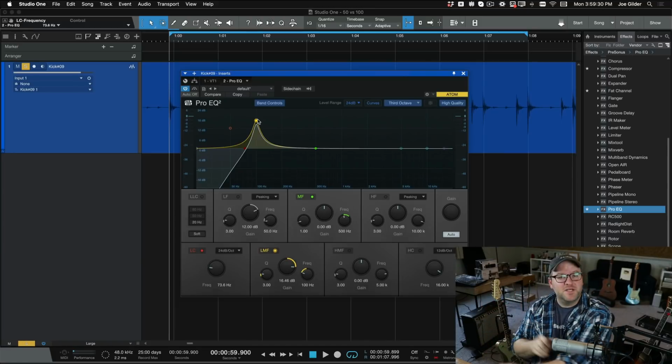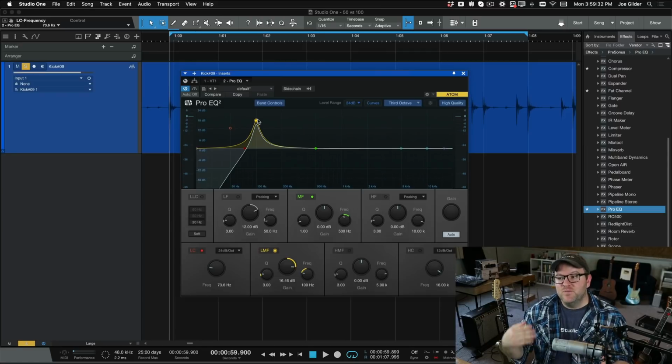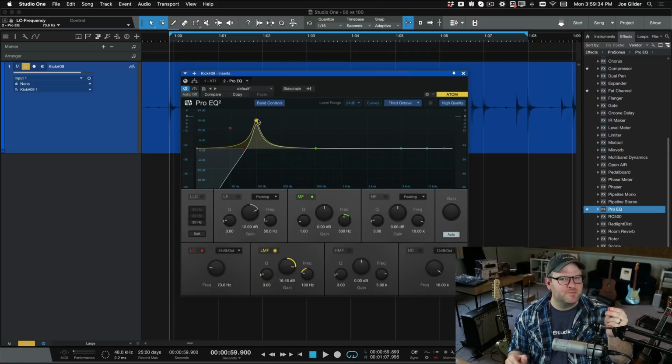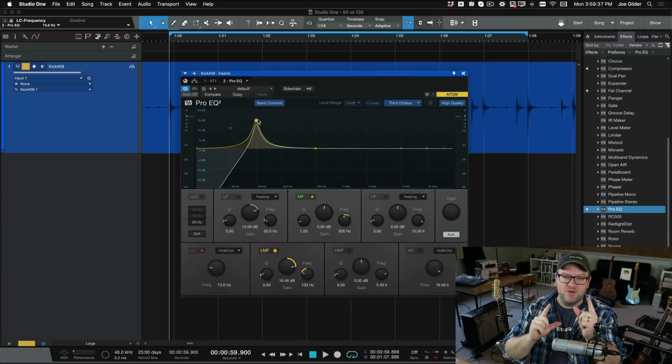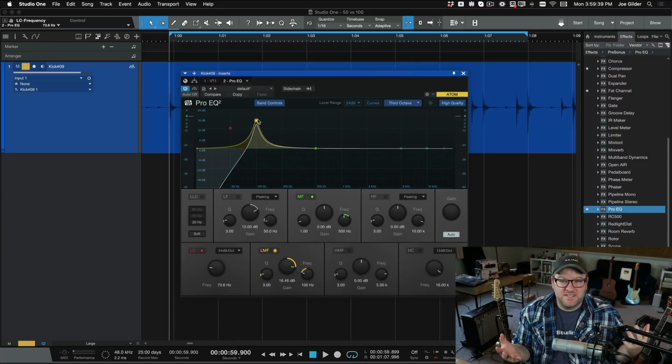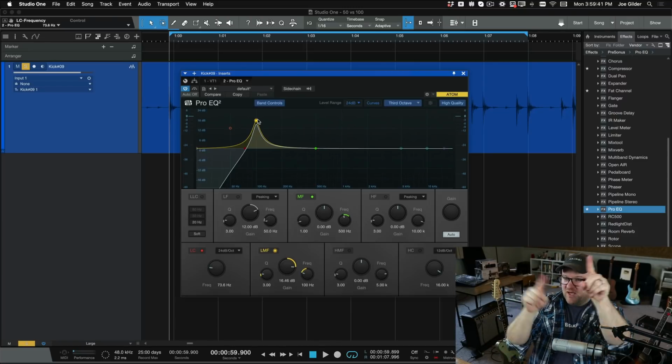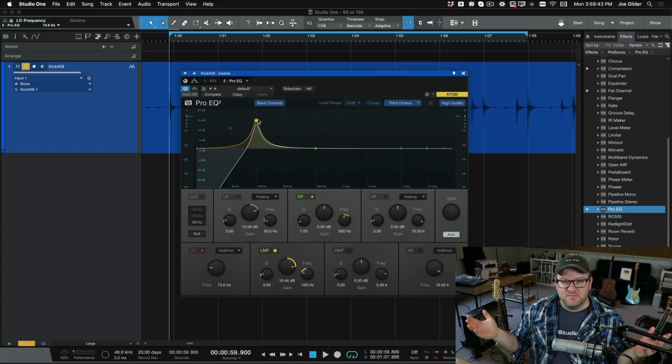So go do some exercises, go practice listening, and then when you get to your next mix, you'll be a little better prepared to hear what the problems are and to know where to go to fix them. And that's all mixing is, right? We get raw tracks, we fix the problems until it sounds great. It's an oversimplification, but it's also kind of true.